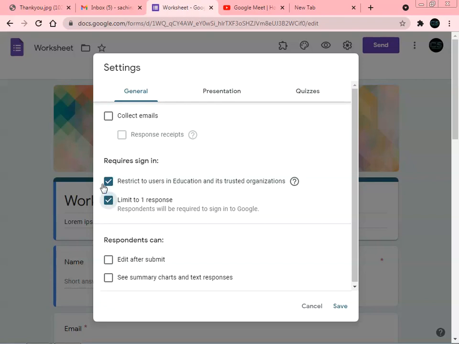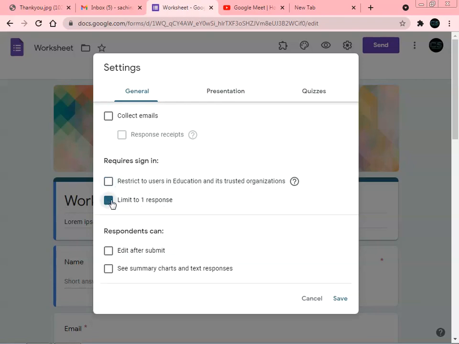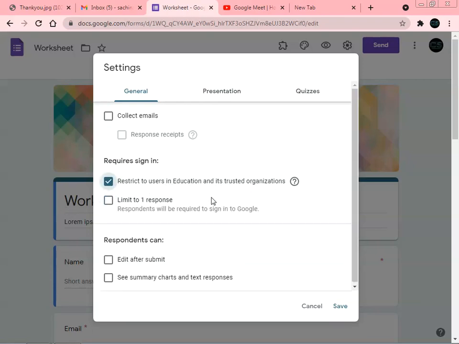Here we are getting one more option: restrict to users in education and its trusted organization. This means that this particular form will be accessible only within the particular education domain, and cannot be accessed anywhere else. So we can set this limit to one response option also.